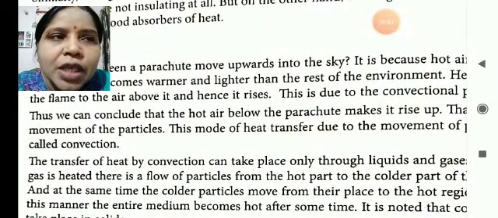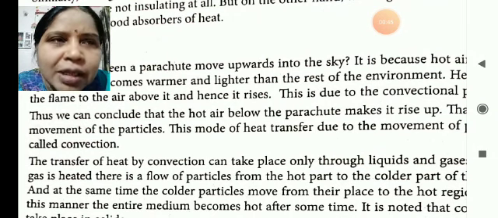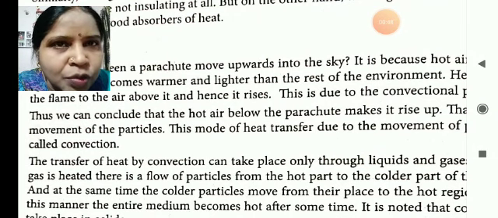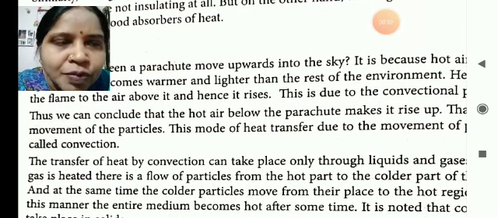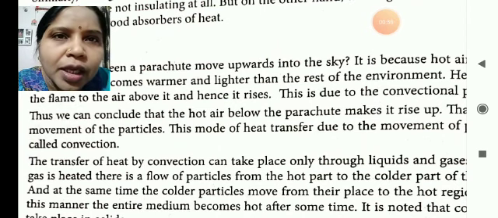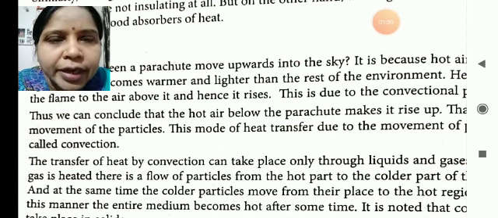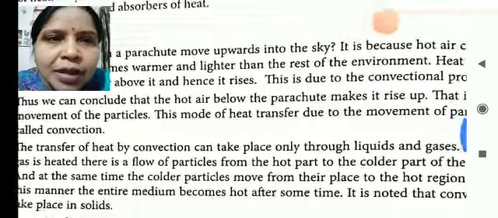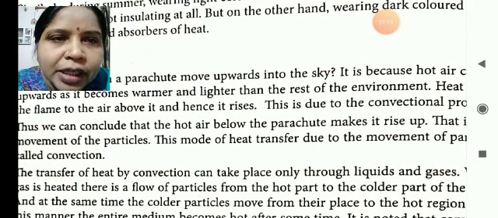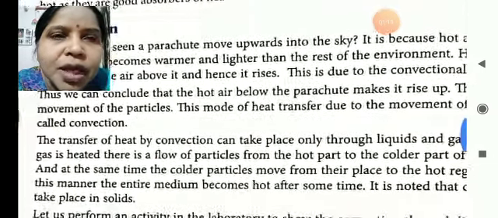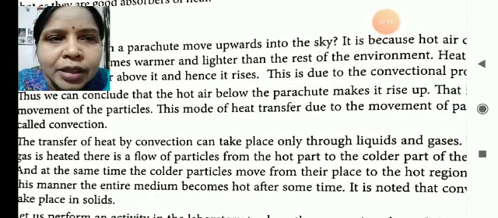When the particle becomes warm, it becomes lighter, goes up, and the particles which are present at the top are cooler than the lower one, and heavier, and so it comes down. And in this way, it develops a convectional current, and thus the whole particles get heated. This is the development of convection current, so that the movement of particles is there.